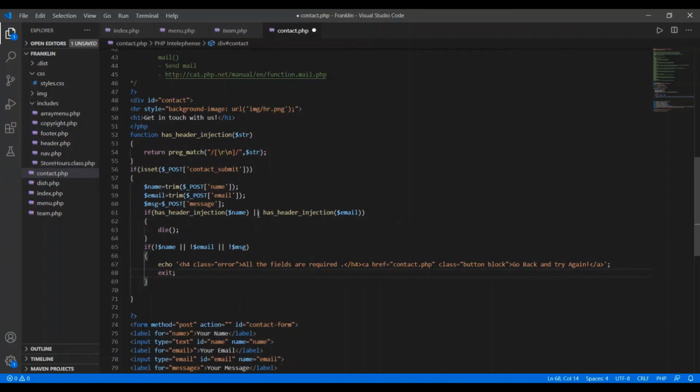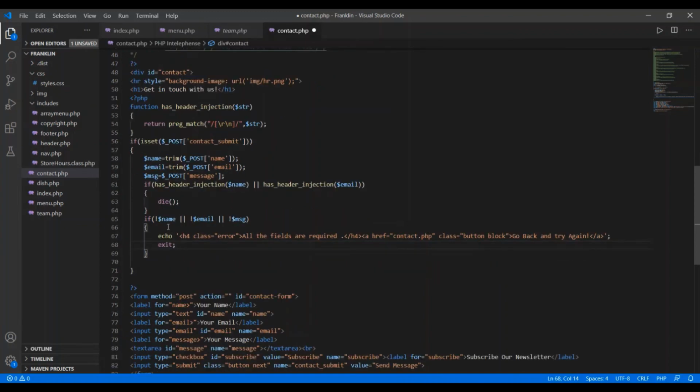If somebody is trying to hack the information from here or using some malicious attack, we want to die the script. And if some field is left blank, we flash a message that all the fields are required, and we give a link in the form of a button to go back and try again. And here we are calling the exit function.